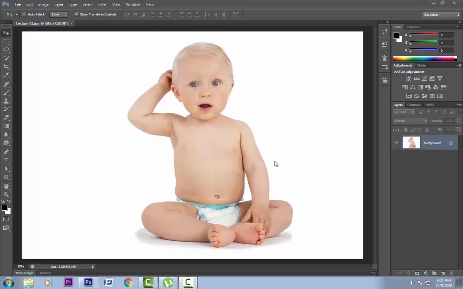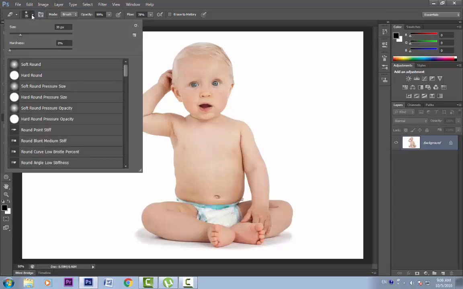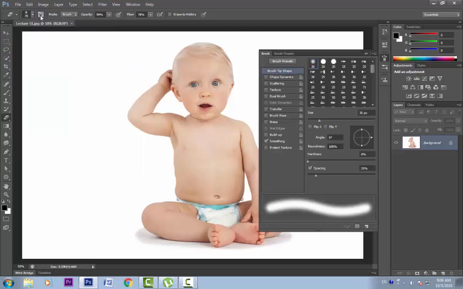Let's take the eraser tool. It is right here in the tool panel. This one. Let's look at the options. The first one is the tool preset. It has two presets. The next one is the brush. We can use any brush for our eraser. This is the brush panel. We can use the brush dynamics also with the eraser tool.